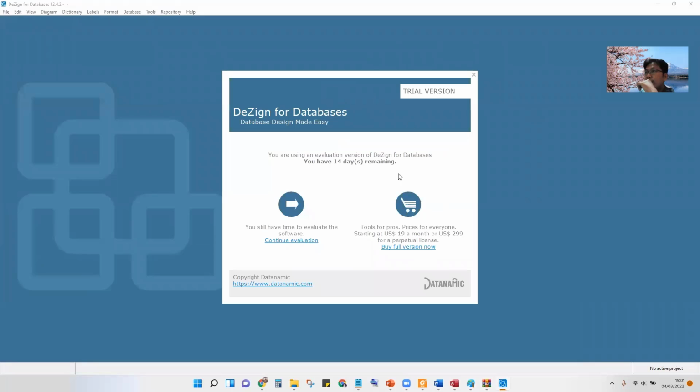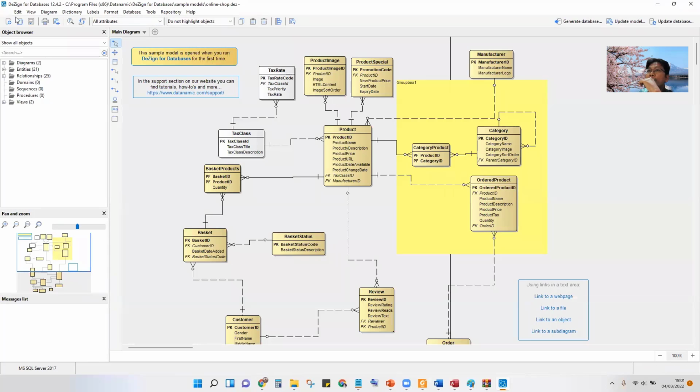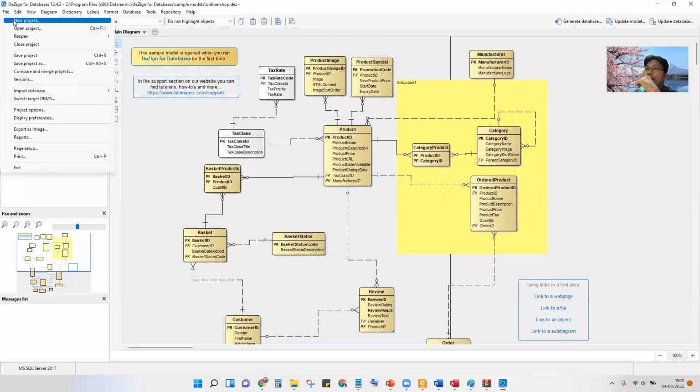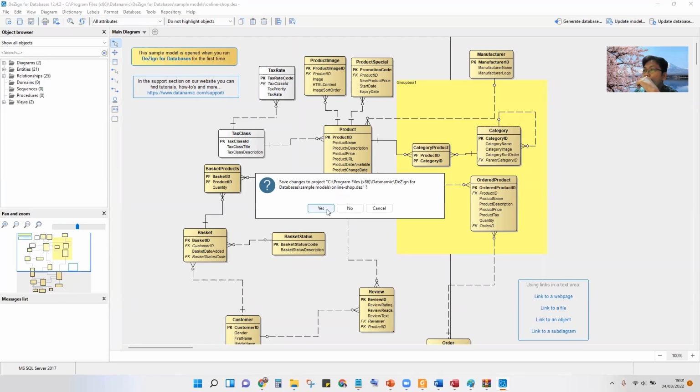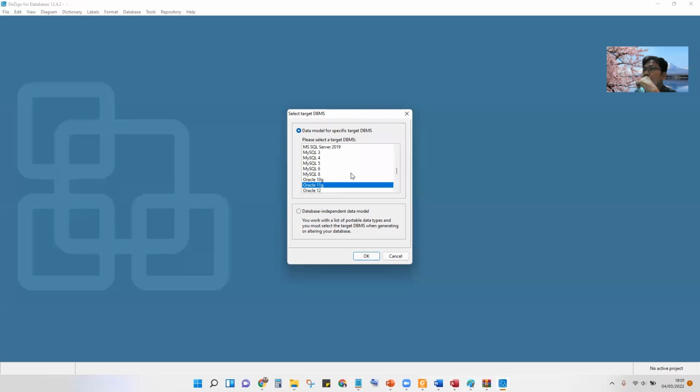Usually this style uses the Crowfoot style. This is Crowfoot, just some sample. Okay, we try to choose the database you have to convert: MySQL, Oracle.